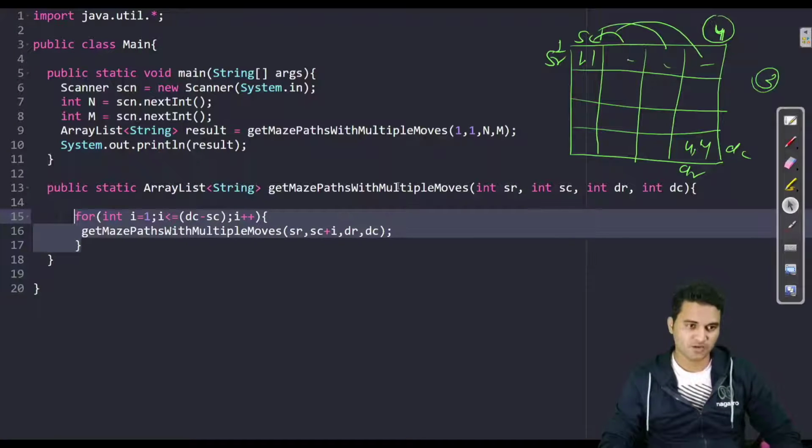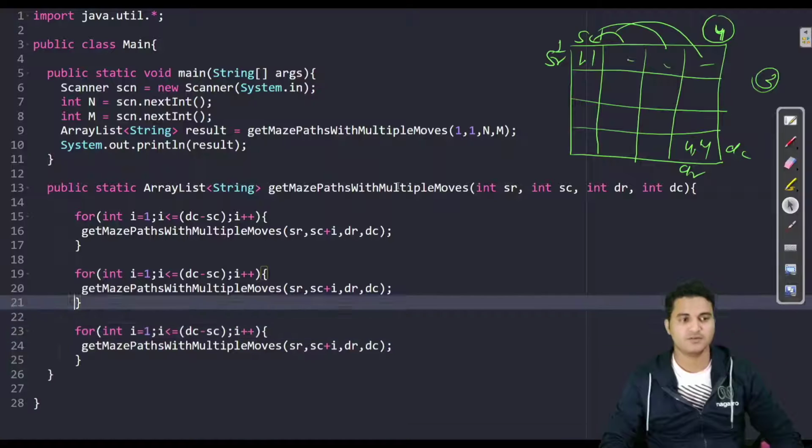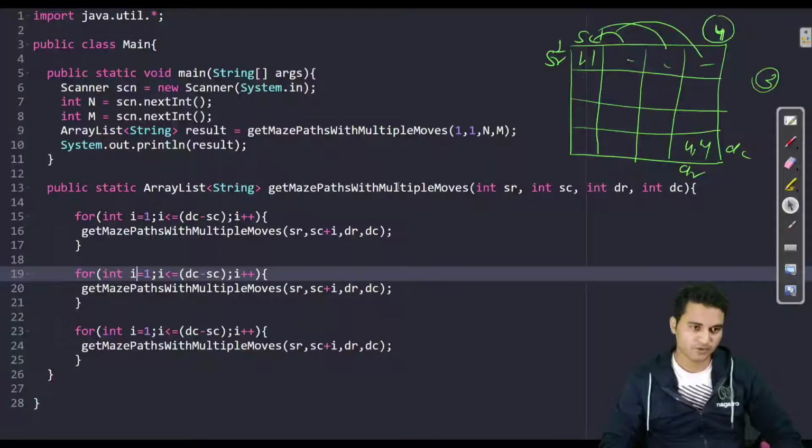Now similarly you have to make the vertical and diagonal calls. So how will you make the vertical calls? i is 1. Look at this. This is source row and this is destination row. So destination row minus source row, this number of calls you can make.